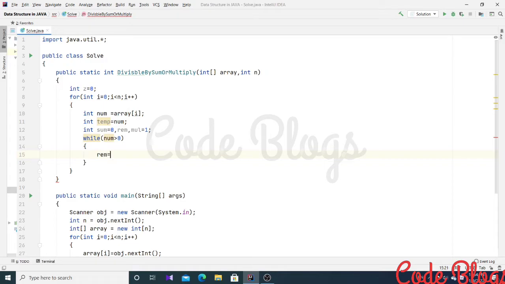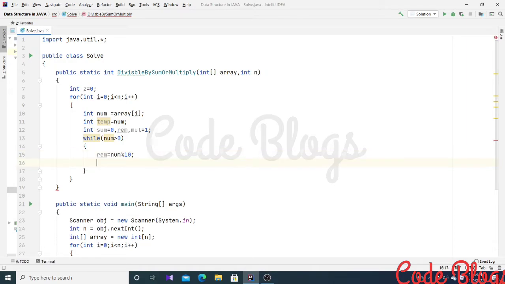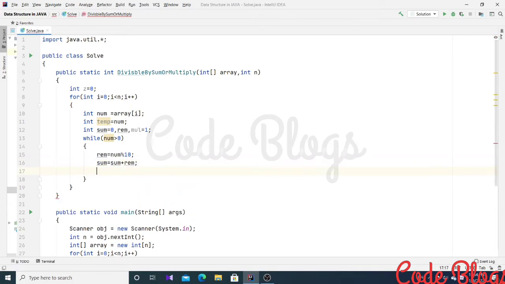So remainder equals to number modulo 10 to get the last digit, and after that sum equals to sum plus remainder, and now I have to use an if remainder double equal to 0.